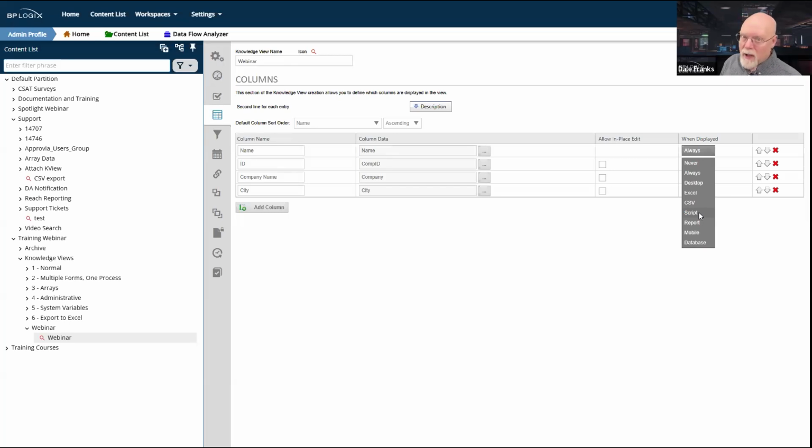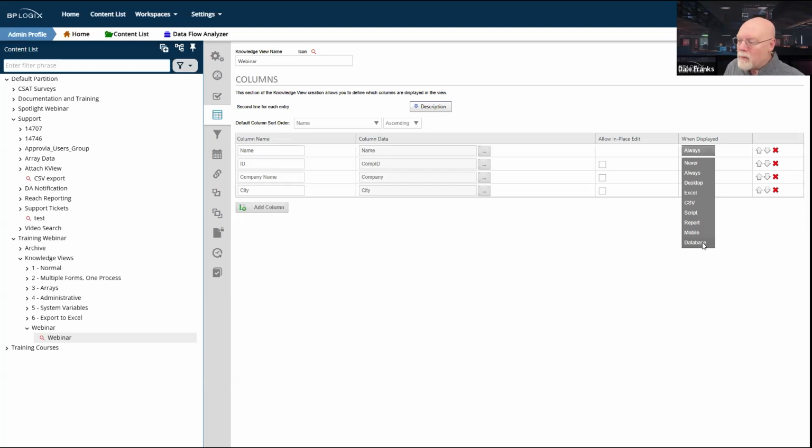I know most of you don't have the SDK, but for those who do, you can actually make knowledge views that have secret hidden columns that only scripts can see, or reports can see, or mobile devices can see, or that are only displayed whenever I'm exporting it to a database, because you do have that option to export the knowledge view as a table to a database.